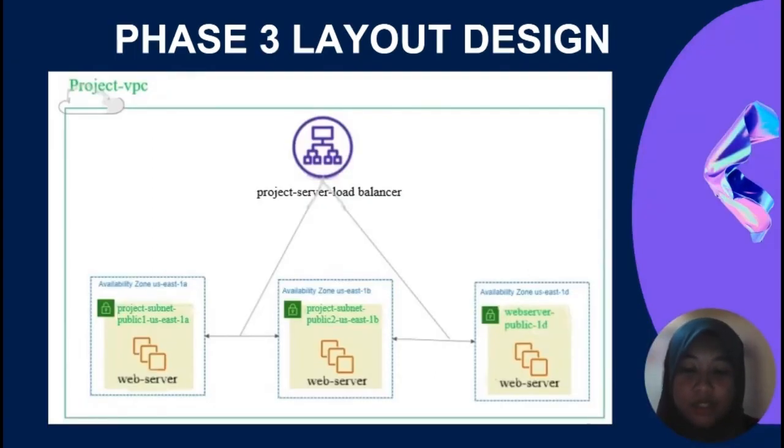My major is TCN. Today I'm going to continue on phase 3 and 4. Phase 3 layout design. In this layout design, a virtual private cloud (VPC) within the Amazon Web Services cloud manages